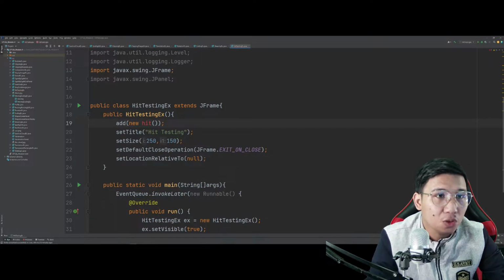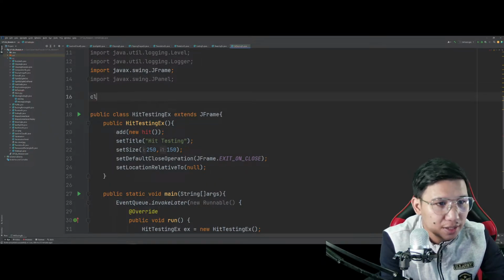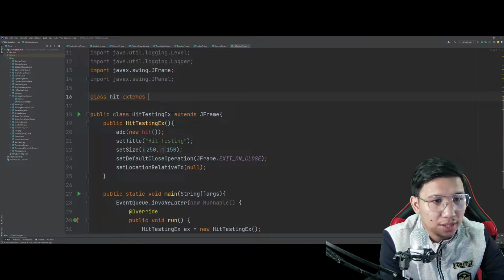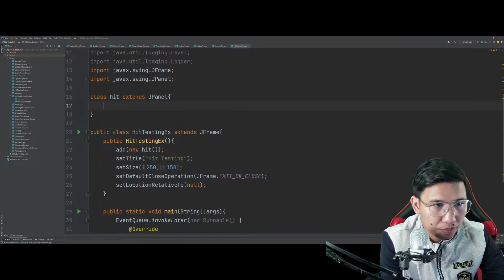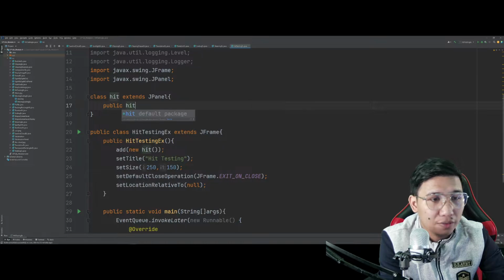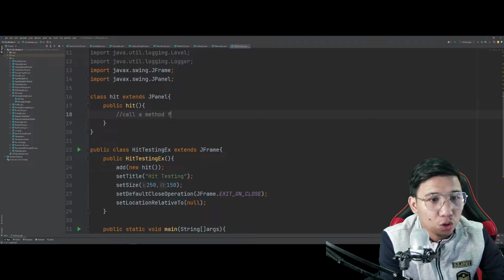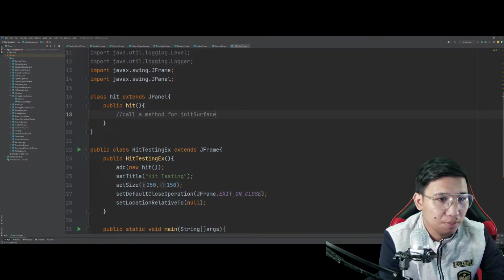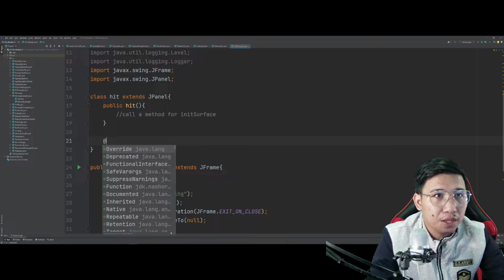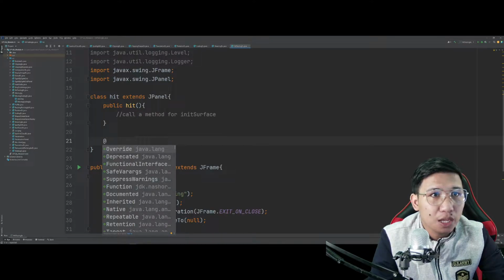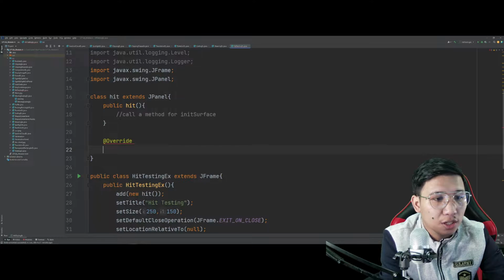Next here is for us to create the class Hit, in which, of course, dito tayo sa taas. Class Hit, and we will extend JPanel on that one. So, inside the JPanel here we have the constructor, in which we will call a method for InitSurface. Mamaya yan. Next, wag natin kakalimutan yung override annotation natin, diba? Override annotation, and the public void paintComponent,